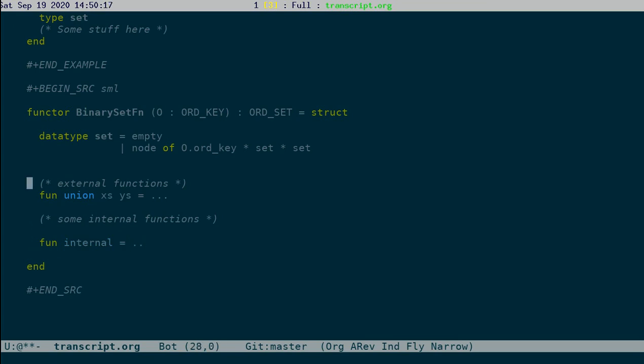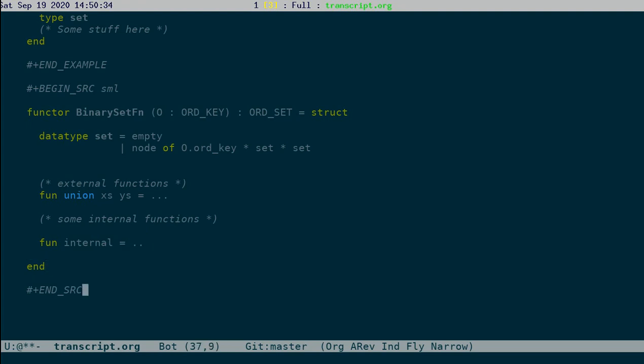By ascribing the signature ordered set to the binary set functor, it essentially hides this internal function, which you don't want to expose to the user because it might violate some properties.